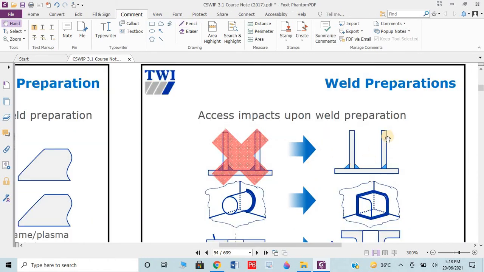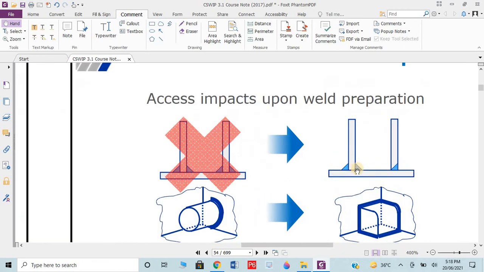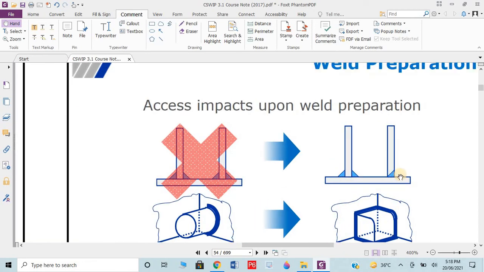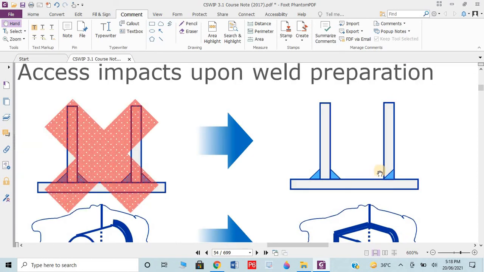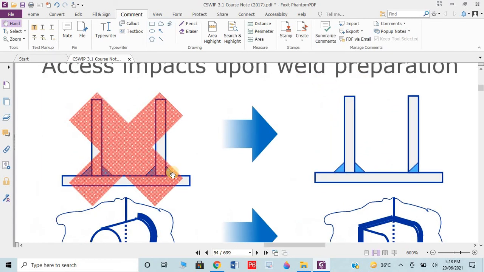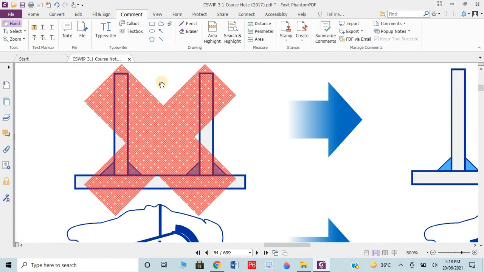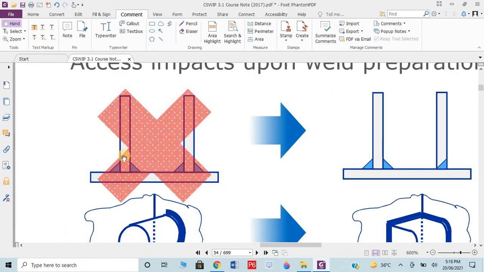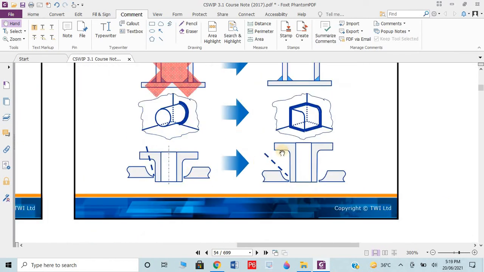here you can see if we have the two legs of any plate, then we need to first weld both sides, then we need to first do the outside butt weld. We cannot weld from inside. You can see here we cannot enter the welding electrode. That's why he showed the cross here. Inside we cannot weld. One side we need to complete, then the second side from one edge we have to finish.